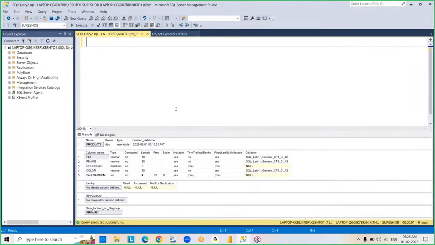So you create a table in the beginning. After that, you add new columns to the table, drop a column, and change the data type of a column. So you performed different types of operations, right? And so now